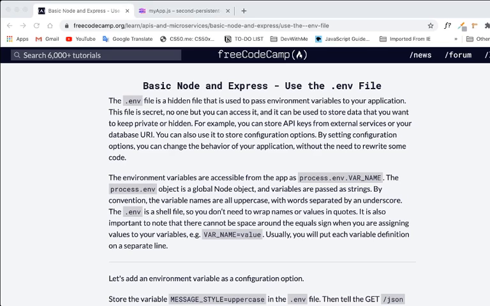If you take a look at some of my Flask projects, most of the time it is a database URI that I use when I deploy to Heroku. You can also use it to store configuration options. The environment variable is accessible from the app